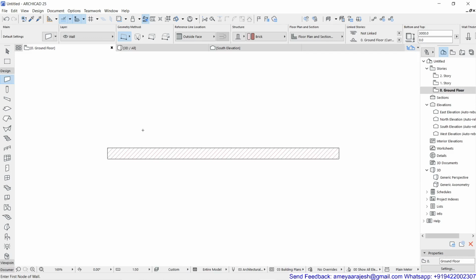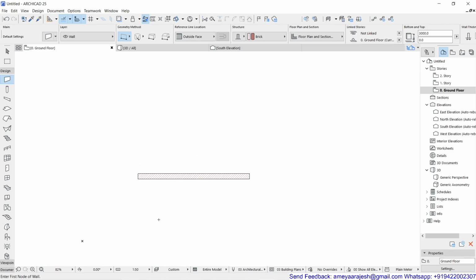I hope you have understood and you are going to try this much first, and then follow the next part, where we will see how we can start drafting the further segments and how quickly we can complete the floor plan, the one which we took last time. The same floor plan I'm going to complete very quickly, using all the previous techniques like trim, edges or intersect, and you will realize that in hardly a couple of minutes we are going to complete the same floor plan which we did last time. And then definitely we'll talk about some wall editing methods also.